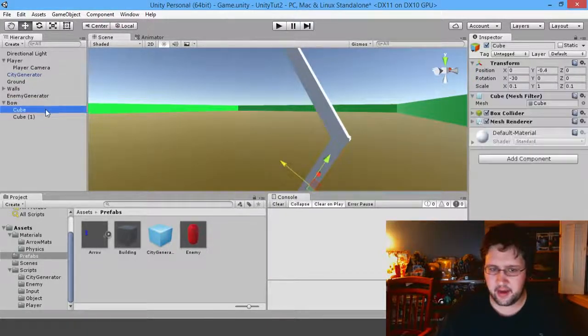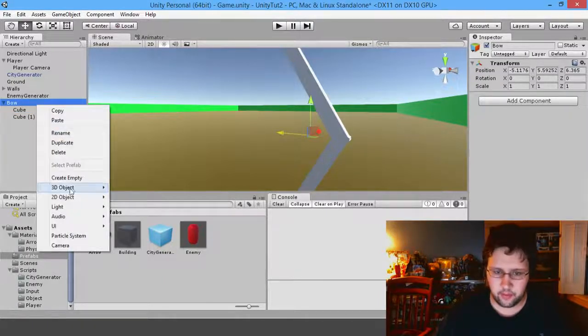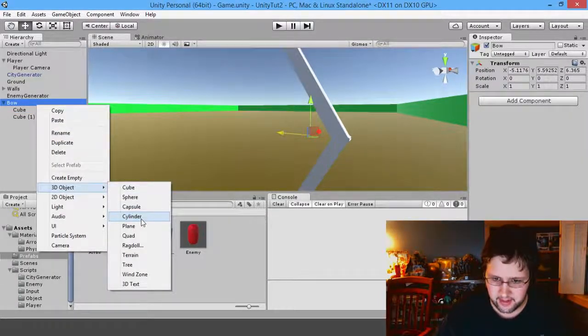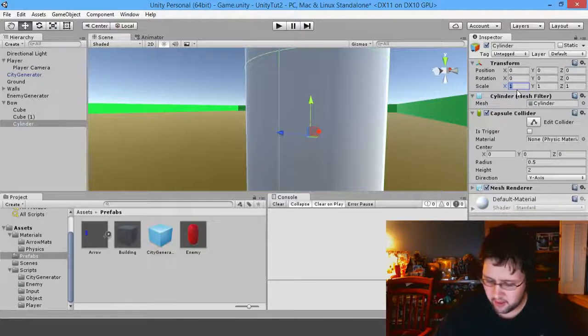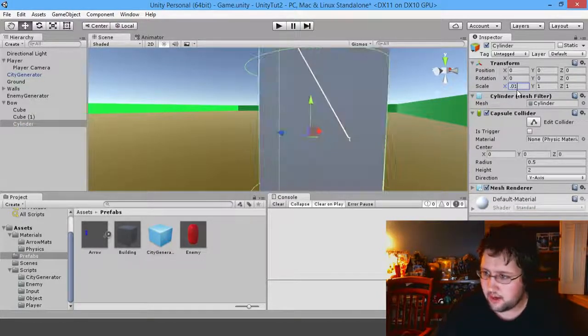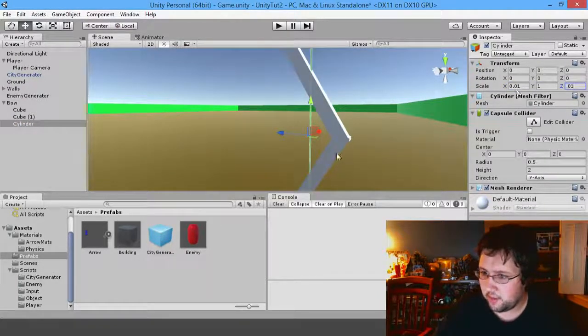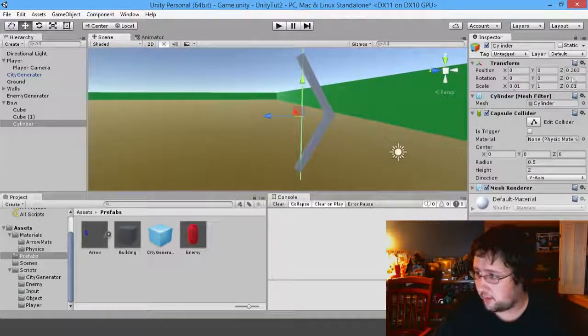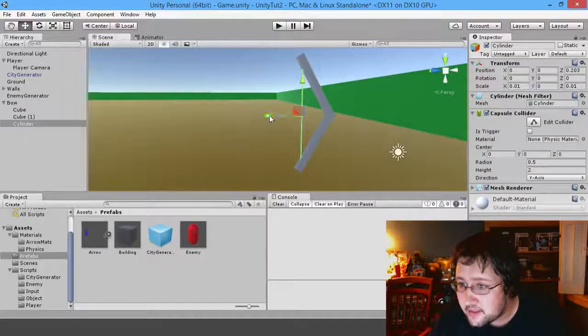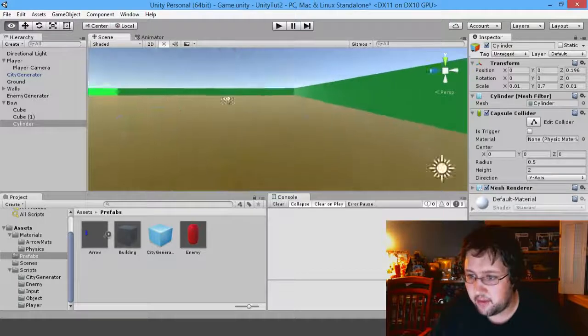And then we'll add one more thing. We'll add a cylindrical at 0.01, and we'll make it real thin, and it will go between the two here, and we'll make it a height of 0.9, so 0.8, 0.7 will just barely fit. So there we go. So now we have our bow object here,